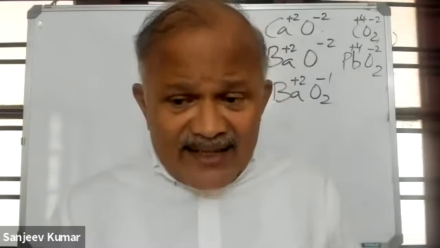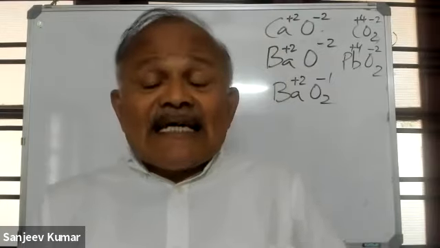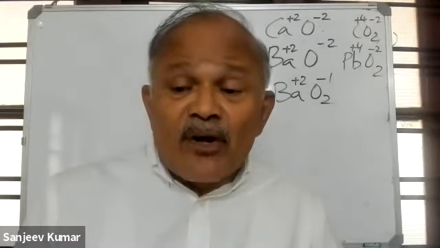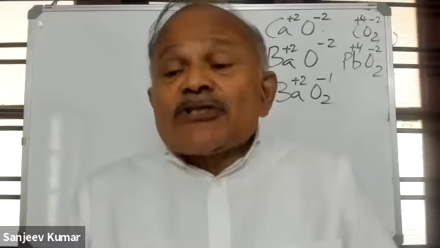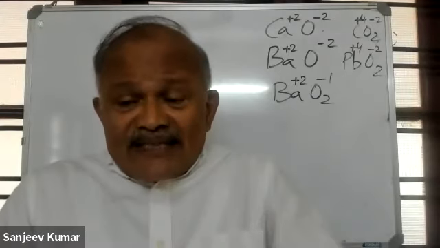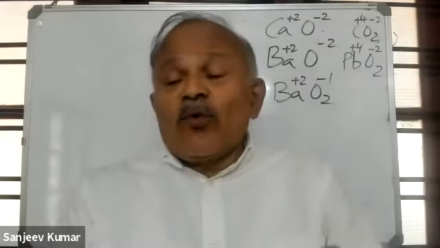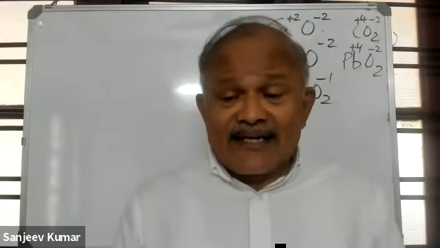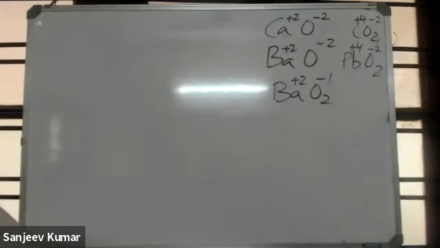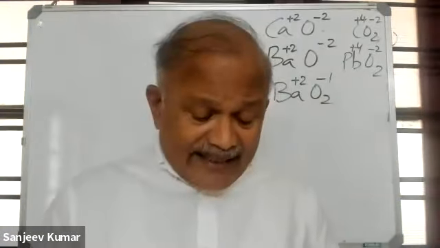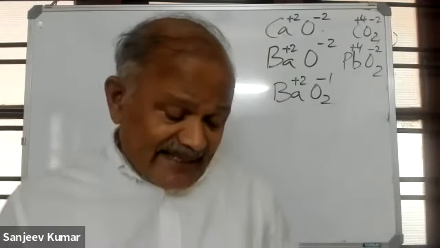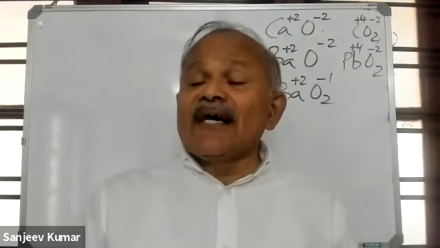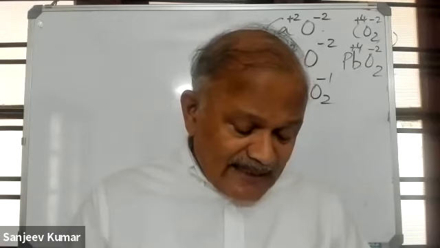They are called covalent hydrides, and there is interstitial hydride, which is formed by the d block and f block elements. They are non-stoichiometric hydrides because the hydrogen atom is occluded in the vacant voids of these metals, and they are called interstitial hydrides. So hydrides can be broadly classified into ionic hydride, covalent hydride, as well as interstitial hydride. And here it is lithium hydride, sodium hydride, potassium hydride, rubidium hydride, they are ionic hydrides. And the question is,